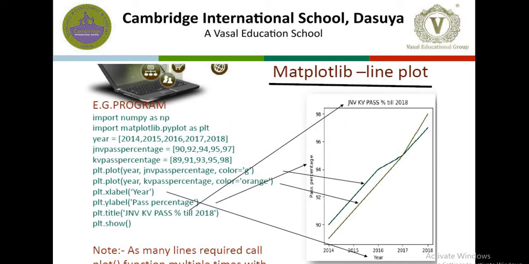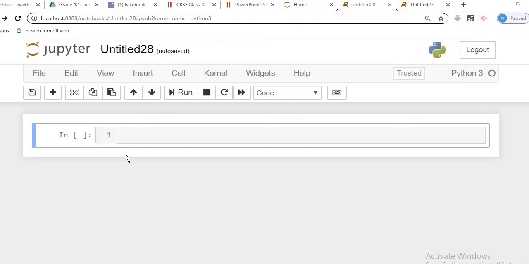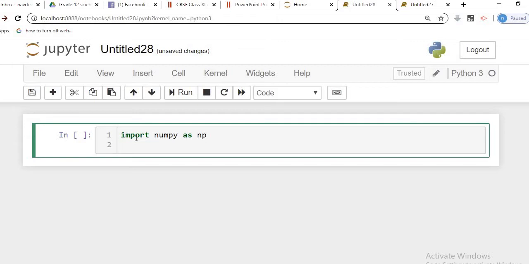Today, students, we will try to solve this problem. We'll represent it on the Jupyter notebook. So moving to the Jupyter notebook now. The very first statement that we are going to use is import numpy as np. Then we are going to import matplotlib. This is the main package that we are going to use, and in that we are going to use the module pyplot. Matplotlib, students, is a package. The pyplot is a module of it